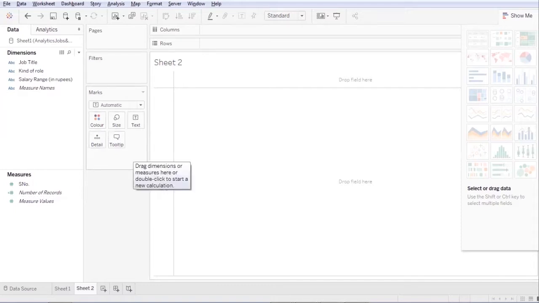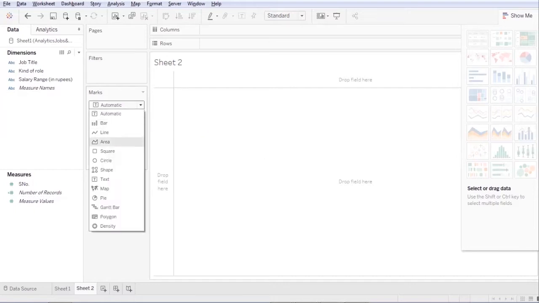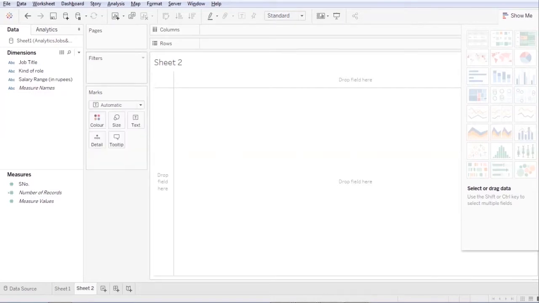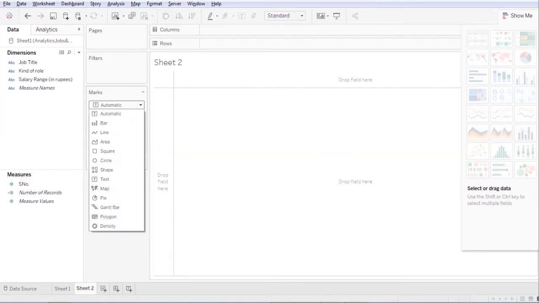Any sort of coloring, font change, and various types of visualization which we wish to add, we can do from here. All the filters we'll be adding will appear here, and the pages to which we are applying them will appear over here. And these are some of the suggestions. The moment I move data onto the panes, rows and columns, it will start giving me some suggestions. So this is a shortcut, and if you want to specifically add a particular visualization diagram, you can do it from here.